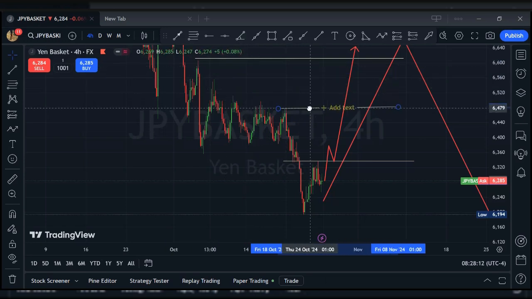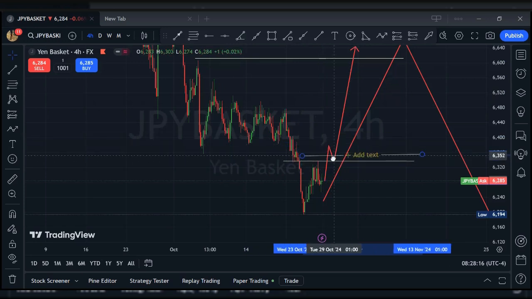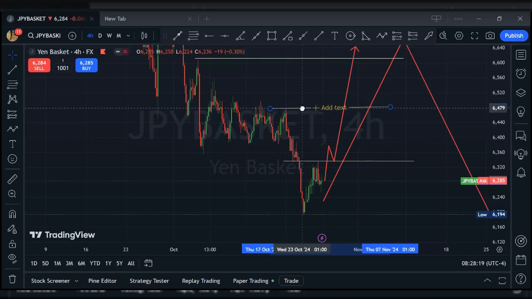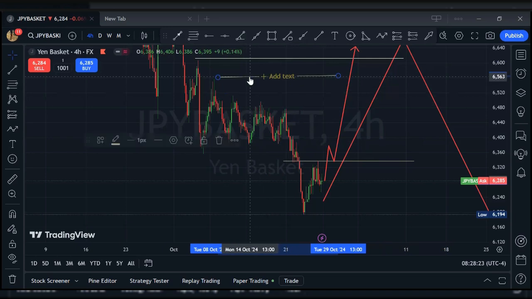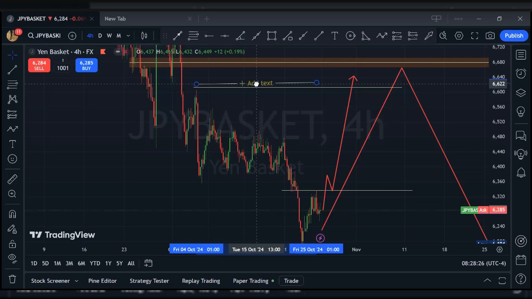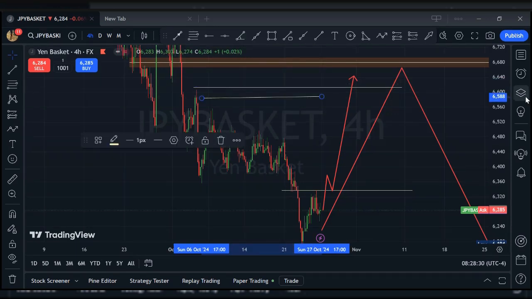Monday, or rather, if Monday gives us this setup, we take it on the 4 hours. We target this one up to Tuesday, Wednesday, this Thursday, or rather up to here, and then Friday, NFP gives us this. Because one thing I know for sure, you see this whole swing